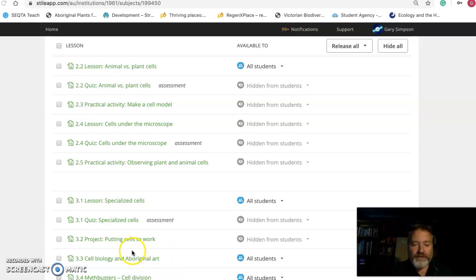Then on Thursday, I think it is, I've left just a little bit of artwork. So looking at cell biology and Aboriginal art and the dot paintings and how they represent things, and asking you to create some art to do something different, which would be nice. And then the last lesson is on how cells actually reproduce. Part of that cell theory stuff we talked about earlier is how cells are responsible for replacing themselves. And so we look at the process called mitosis, which does that.